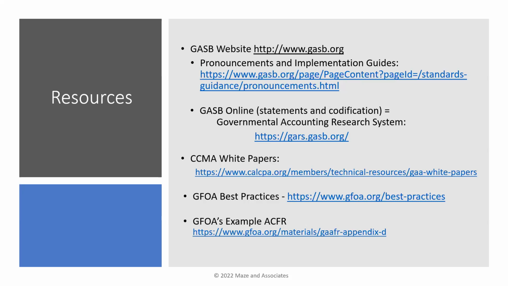Another question: we are a fiscal agent for a JPA. Do we, the city, have to comply with GASB 87 for the JPA? I don't know if I'm going to answer it the right way, but if the JPA has leases, the JPA has to implement 87. It depends on what components of the JPA are included in your financial statements. I'm assuming it's not a component unit, it's a separate entity, so the separate entity is going to have to implement.